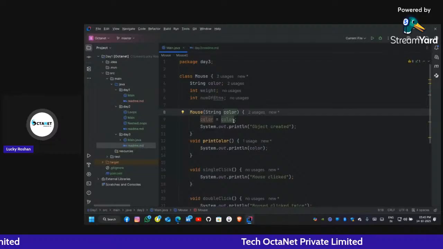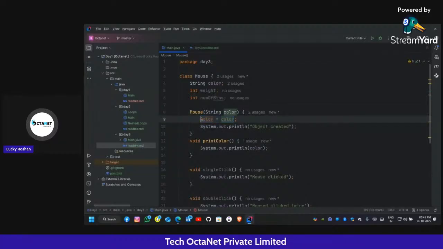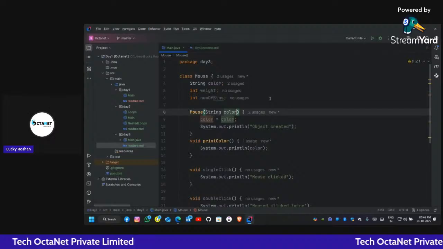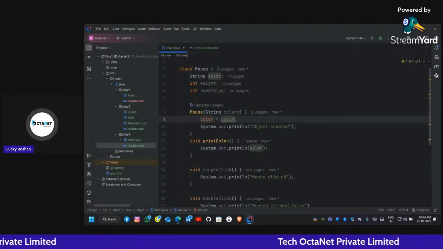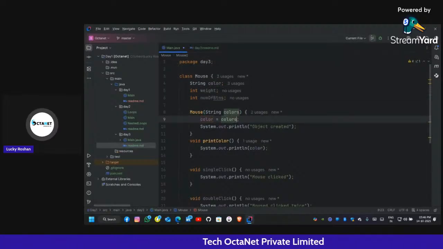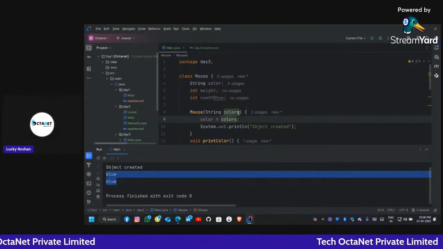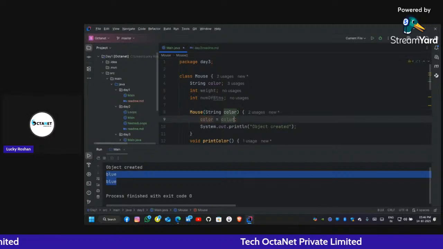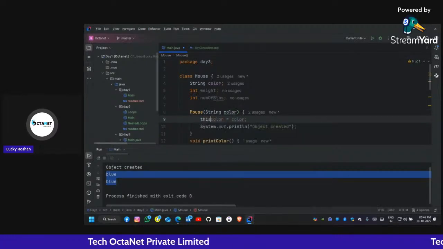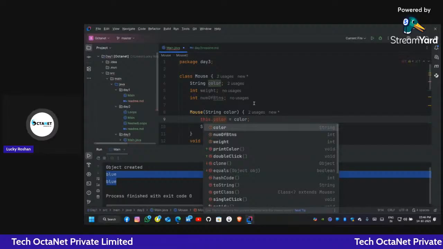This color is being assigned to itself here. That's why we needed the this keyword. If I write colors instead of color here and use colors here, then it will work because the names are not the same, and we get the output blue both times. But if the names are the same, then the compiler gets confused and assigns to itself. That's why we need the this keyword to refer to the current object of this class.